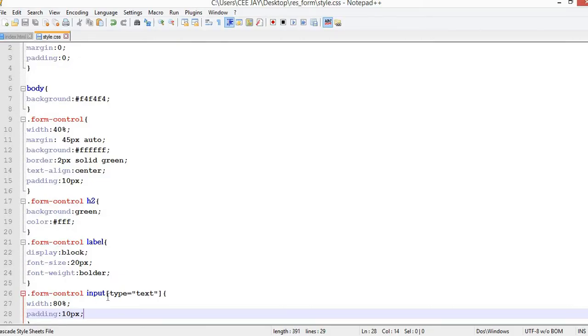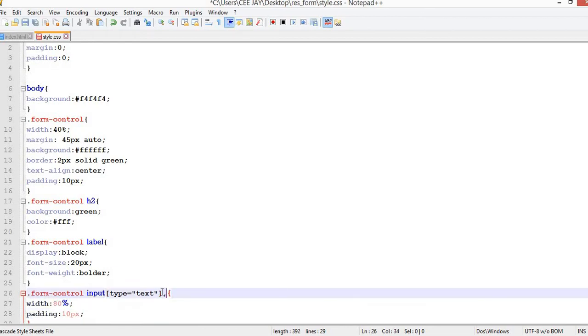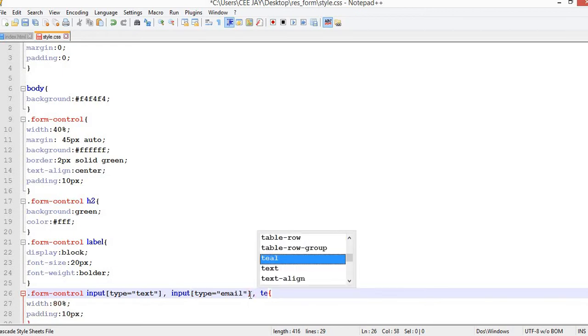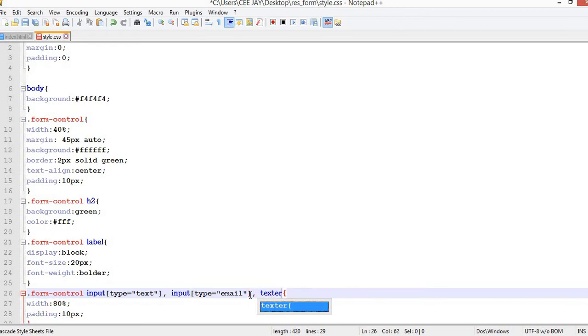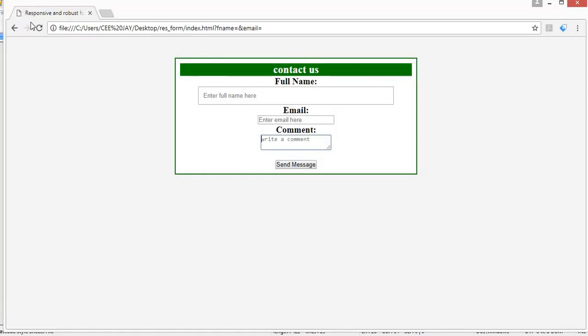go back to our CSS, and then add a comma here. Actually, I'm going to copy this, paste it, and change this text to email, and add another comma here and add textarea for the text area, and Ctrl S to save. All the fields should now have the same style,